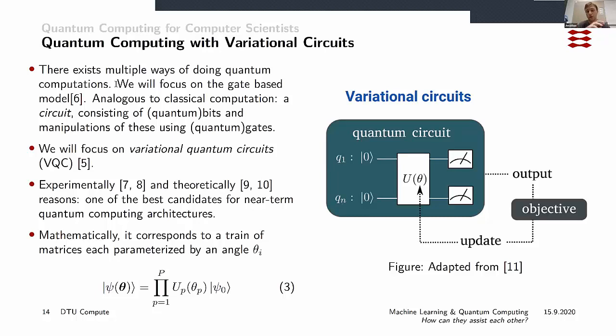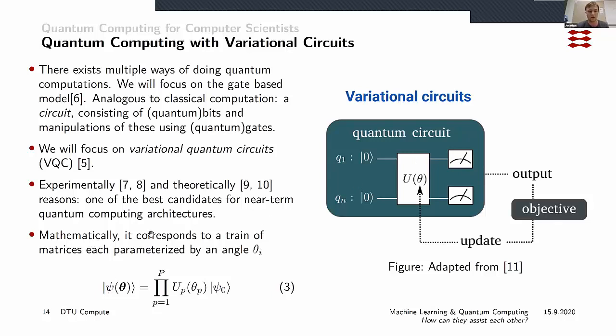Just as we saw with stochastic matrices, we now have this in the quantum setting. And the good thing about variational circuits is that if we know out here, when we measure all the qubits, their value, and we have some sort of objective that we want to optimize or minimize, we can update the angles in here, or the circuit itself actually, from this objective, from whatever we measure. We can do this repeatedly, and then hopefully at some point these parameters theta right here converge, and then we have solved the problem, whatever that might be.